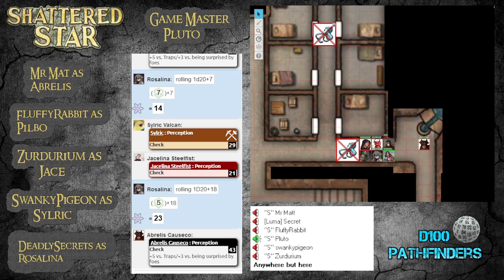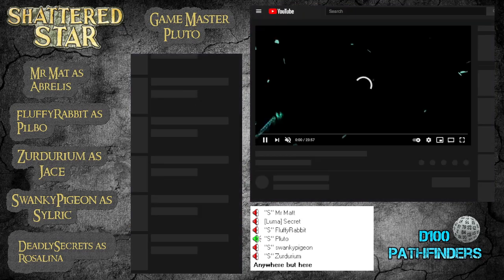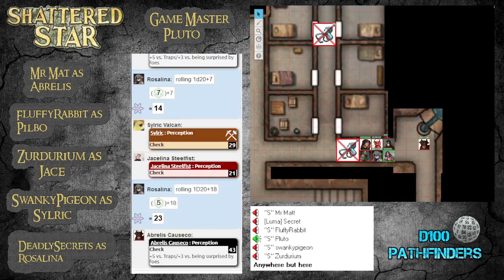All right, so yeah, you do find a trap by this fountain, basically. You think it looks like it's rigged so that there's a magical ward attached to it. If you get too close to it, it's going to cause the faucet on this fountain here, which